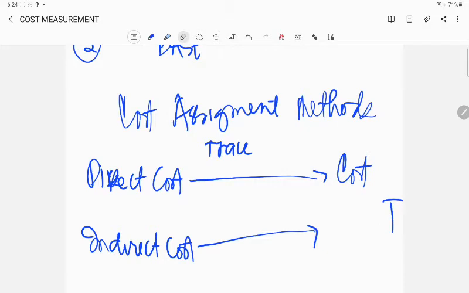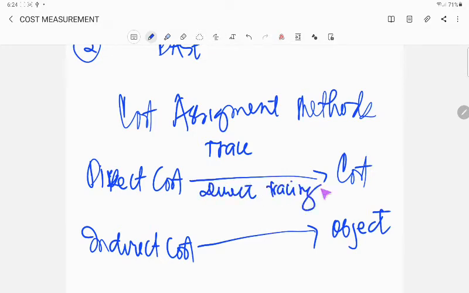Pasensya na talaga. Yung kamay ko talaga tabingi magsulat. Okay. This can be traced to the cost object. And what are we going to call yung proseso from direct cost to cost object? E di syempre, tawag natin dyan, direct tracing. Diba? Eh, paano pagka sa indirect cost? Pagka i-accumulate mo na siya sa cost object. Diba? Then that would be